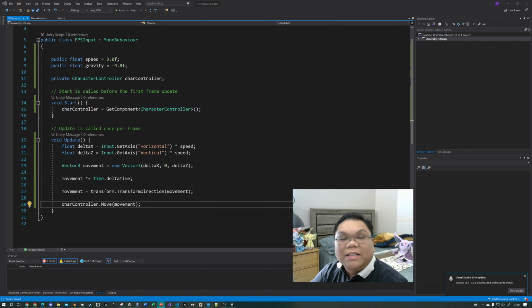But then gravity is an acceleration, don't worry about it. So, in our code here, right before our movement times equals Time.deltaTime line,